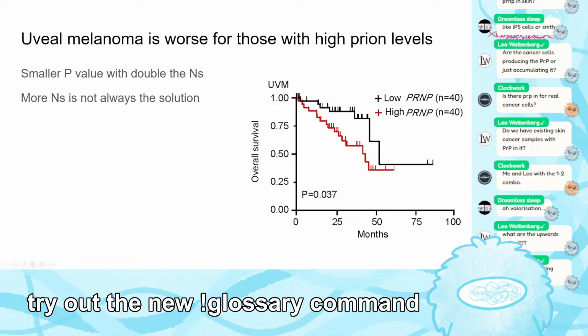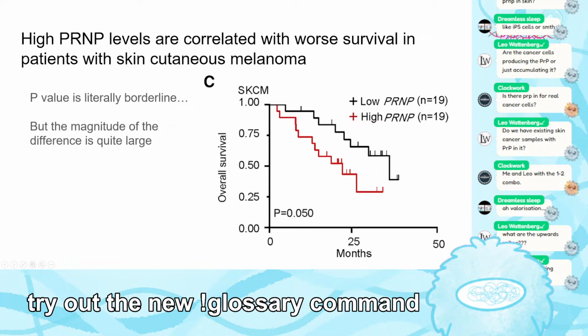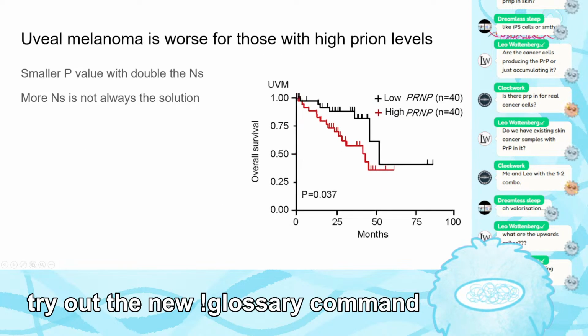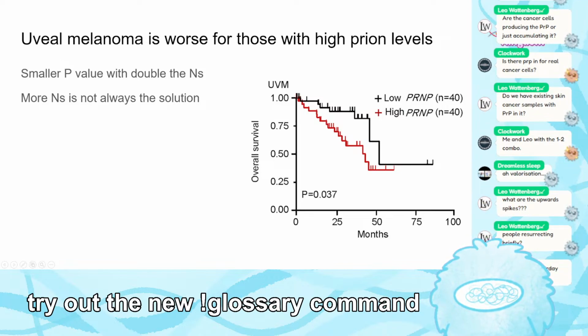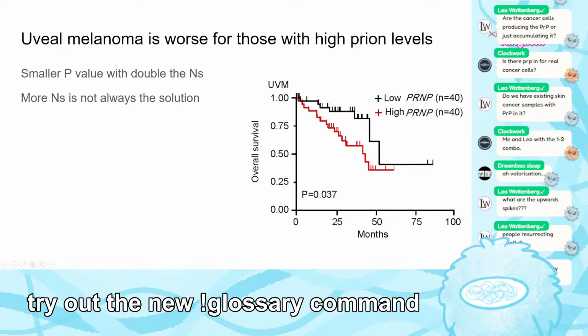So this is another, a cutaneous melanoma, so skin melanoma, and then this is uveal melanoma. And this one, the p-value is lower, which means it has achieved the threshold required for statistical significance if we have p equals 0.05. However, the ends are more than double. More ends is not always the solution, but again, statistics is just number philosophy. This is something that I have become more accepting of, talking to Mylan, who has taught me a lot